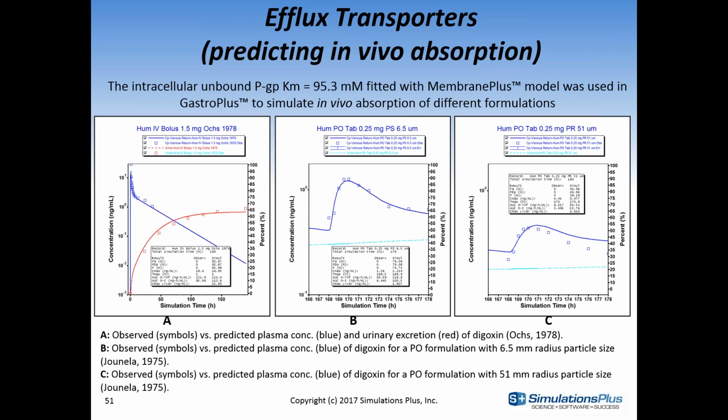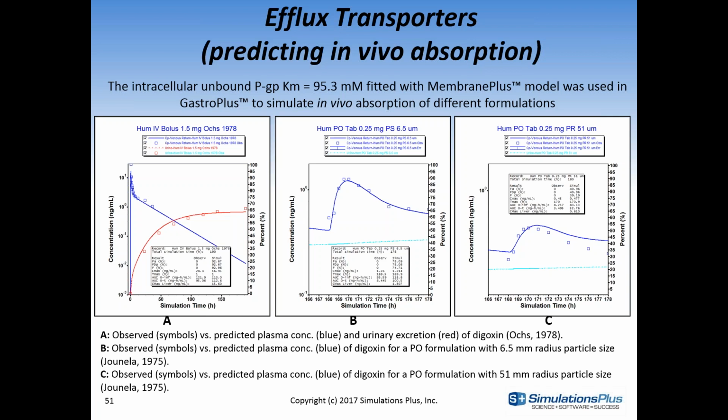And we built models for human IV bolus at 1.5 megs, and then a much lower dose as a PO tablet in humans of 0.25 megs at 2 different particle sizes, 6.5 micron and 51 micron. So the IV bolus is the plot labeled A. The human PO tablet at 0.25 megs are in plots B and C. Plot B is the low particle size, plot C is the high particle size, and we're able to predict with